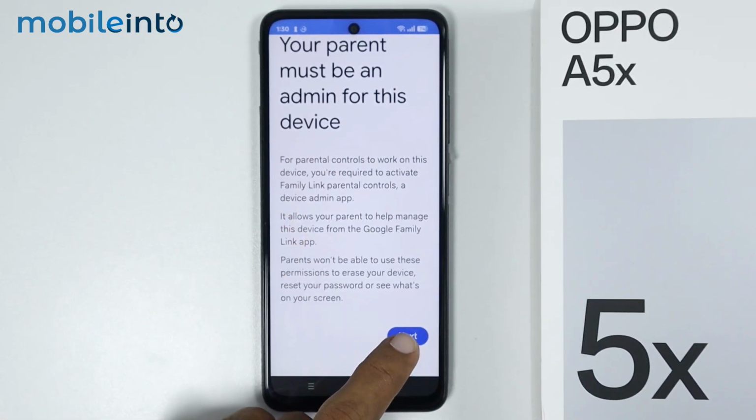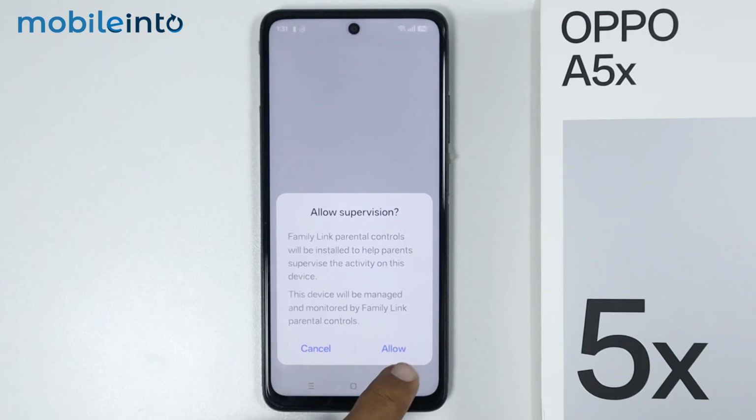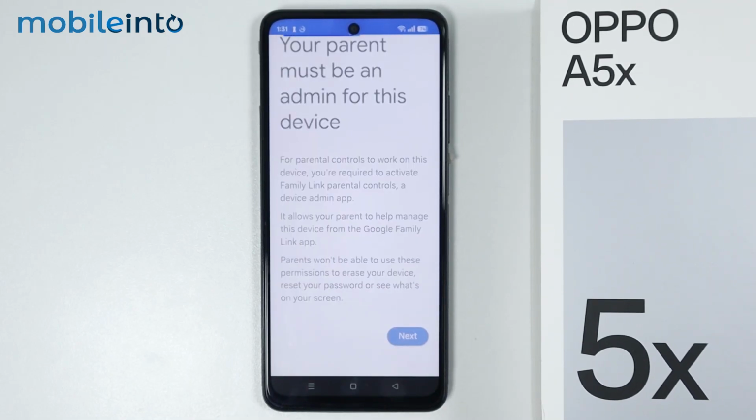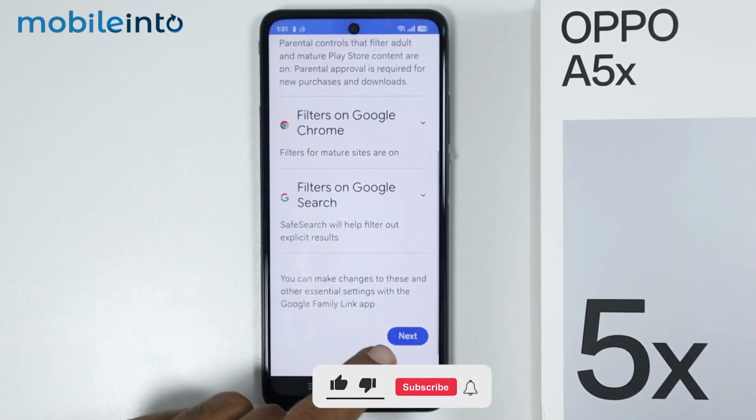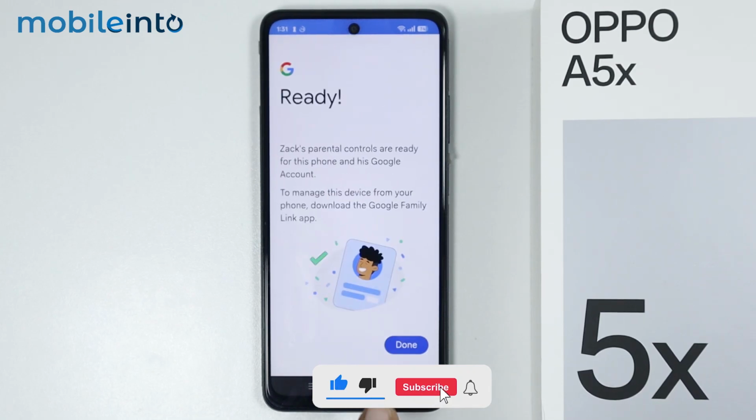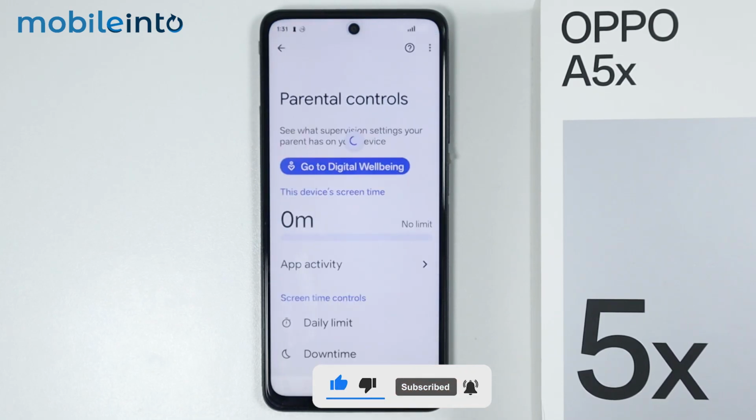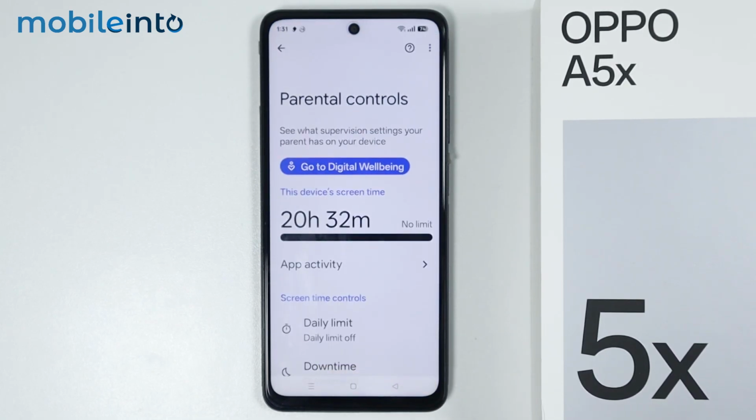Now from here, tap on Next, then select Allow. Now from here, tap on Next, then tap on Done. And this is how you can set up parental controls on the